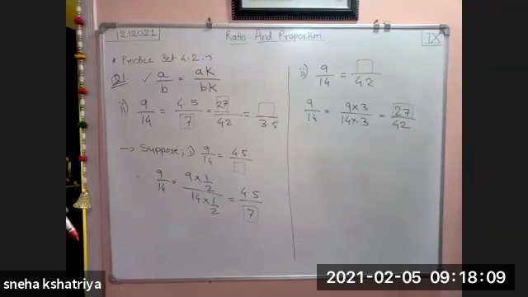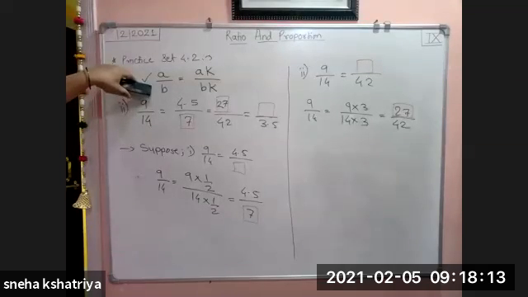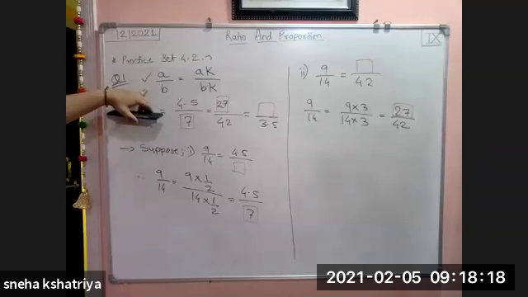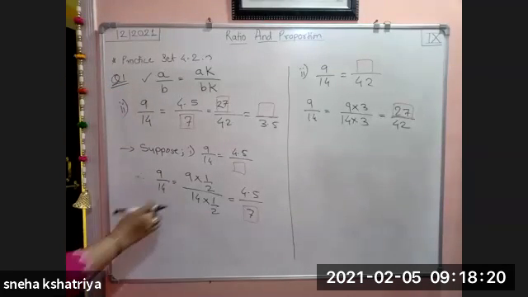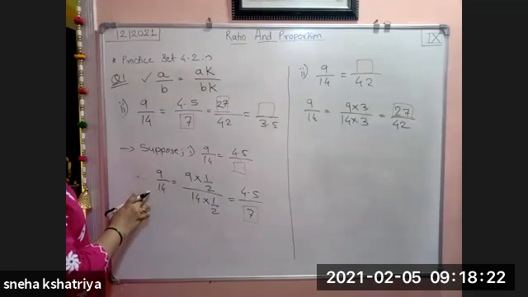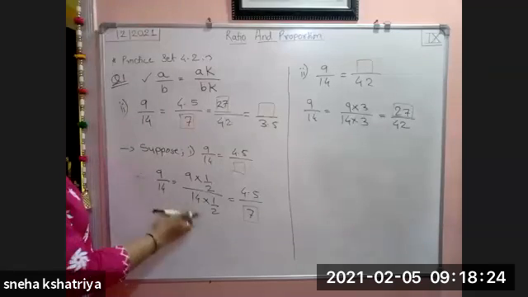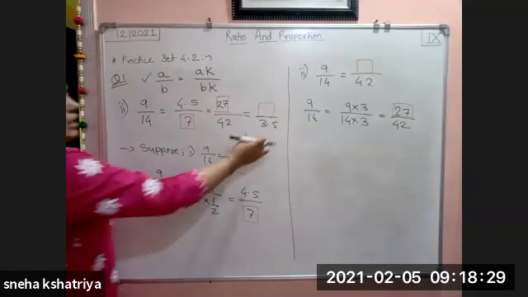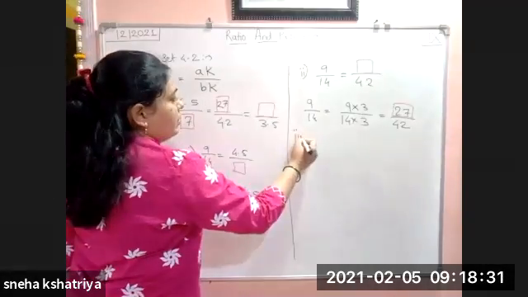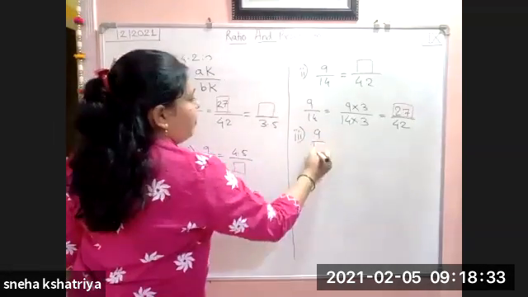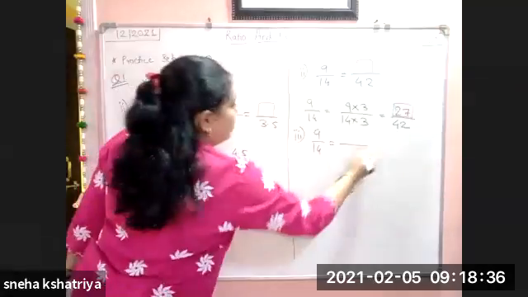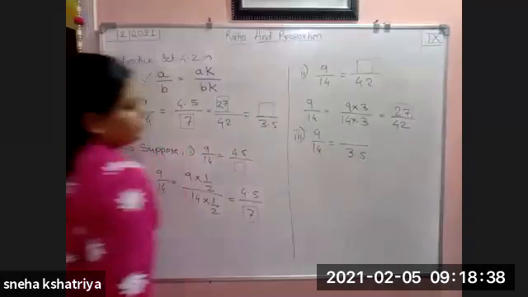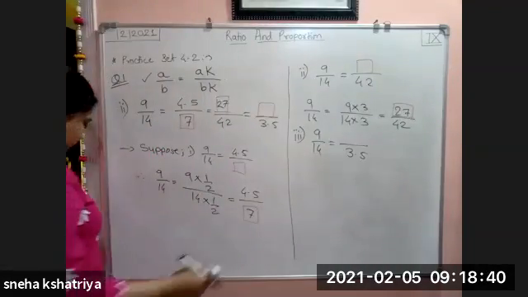Only the fill in the blanks are there that we have to fill up by using this property, because they have given us the task to find the values by using this property. So that's why we are going to multiply the given ratio by such a number which gives the answer. One answer is given, the second you have to find out. Similarly, the third one we have to find out. Third one is 9 upon 14, which is equal to a box divided by 3.5. And at the numerator, you have to find the value.